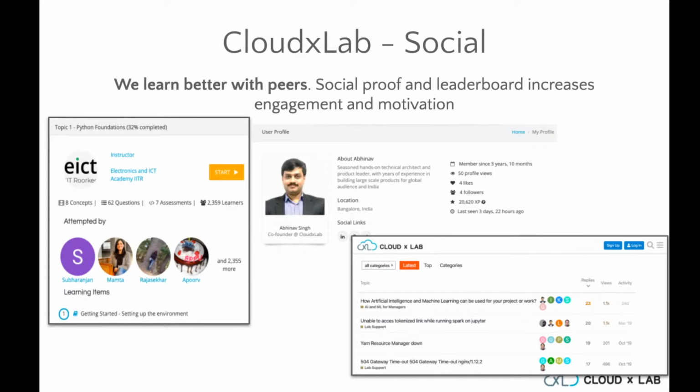So what CloudxLab believes strongly is that you learn better when you learn with your peers. So we've got a method in which there's a social angle to learning which we are trying to build on. You can check a leaderboard, for example, to see where you are against everybody. There's a comments section where you can interact with both the other people who are taking the course and with the instructors, the TAs, etc., who will be supporting you.